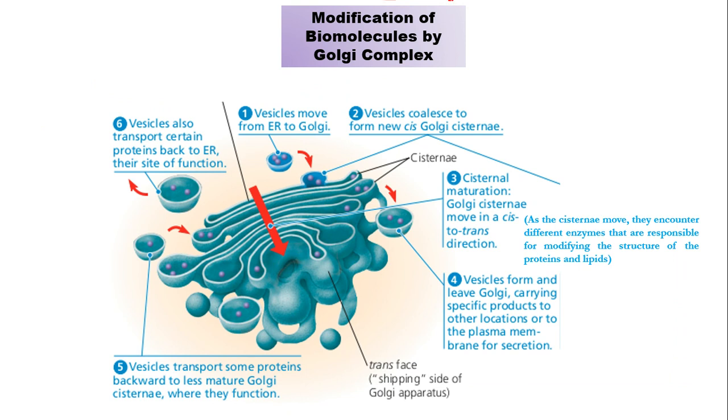Then see, you can see how the modifications take place here, stepwise. This is 1, 2, 3, 4, then 5, and then 6. You can see how the protein is modified. In step 1, vesicles move from endoplasmic reticulum to Golgi. This vesicle is slowly coming. It is fixing on this Golgi complex. In the second step, you can see that vesicles coalesce, that is join,